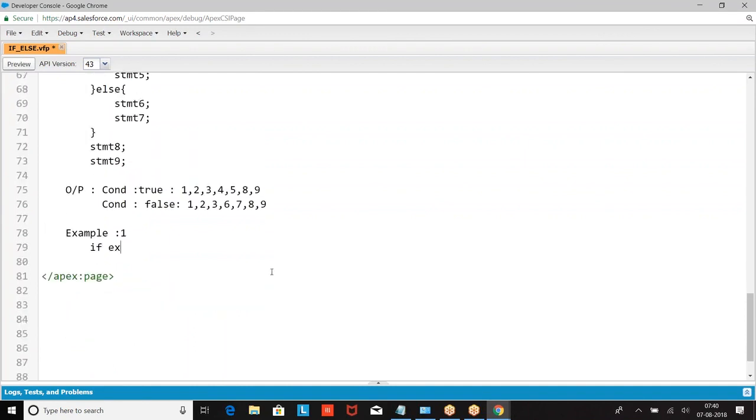If experience is more than 5 years, then set salary as 50K, bonus as 5K and TA as 5.